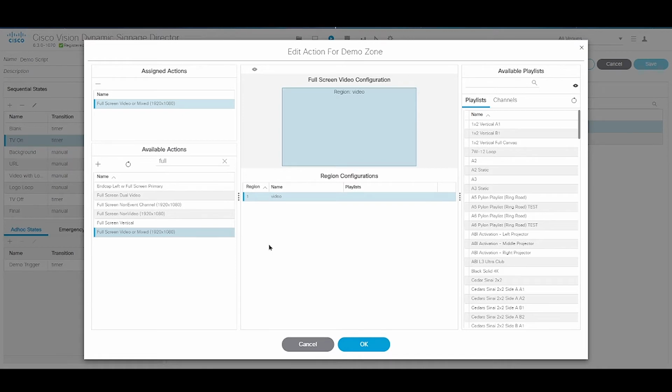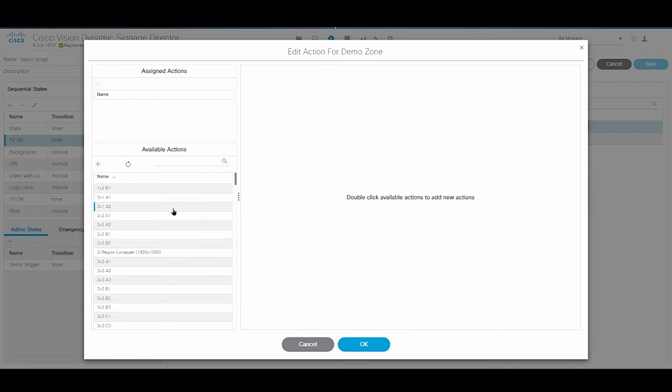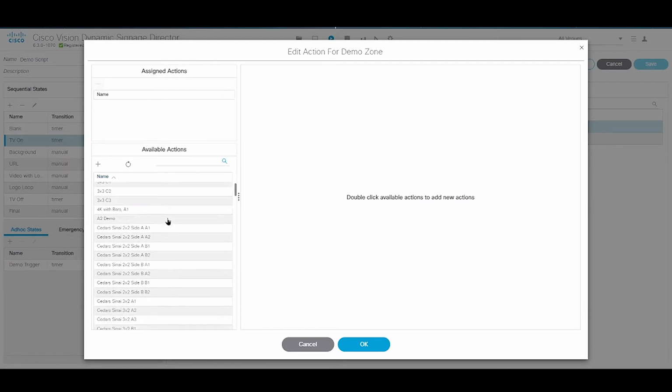The one that gets used very frequently, the full screen video or mixed, is really like the default template for full screen content, because you can put static images in here, you can put video in here, you can put multicast in here. That's your workhorse template. You'll just use it for all kinds of stuff. And in fact, typically, when I'm putting a script together very quickly, I will often just type full, double-click the one that's at the bottom as a nice quick one. Then continuing down,